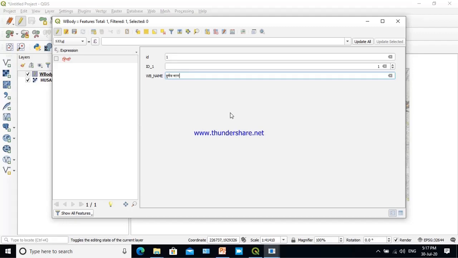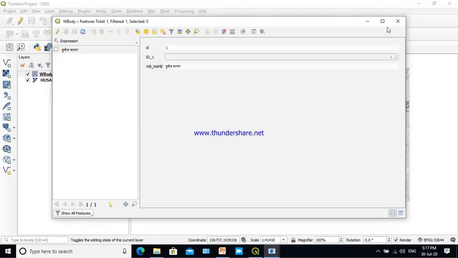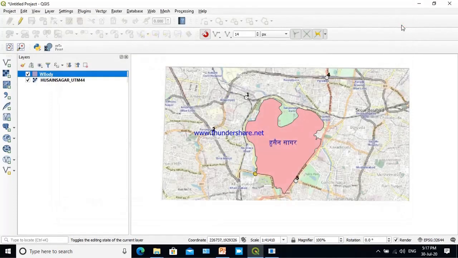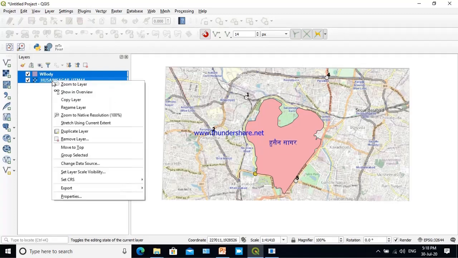G, also a small letter, halant, letter G and R. Save it. Data is saved in your script language. Other layers you can digitize yourself.